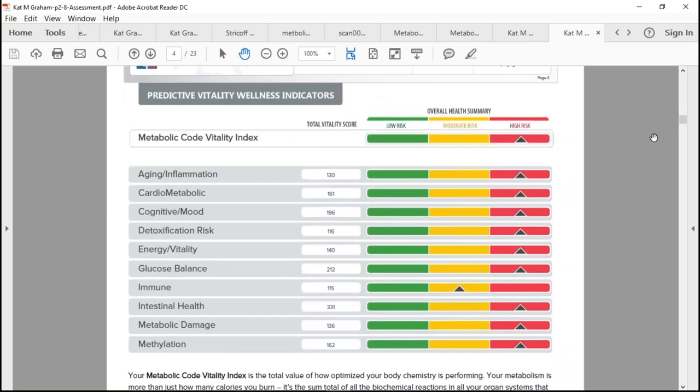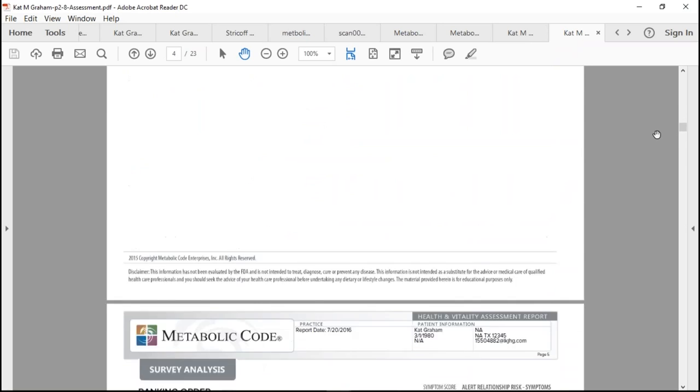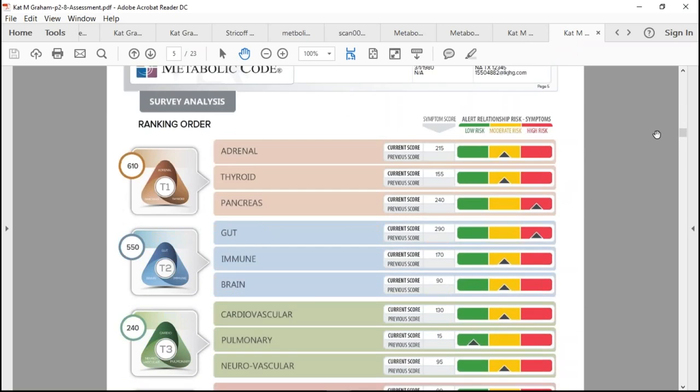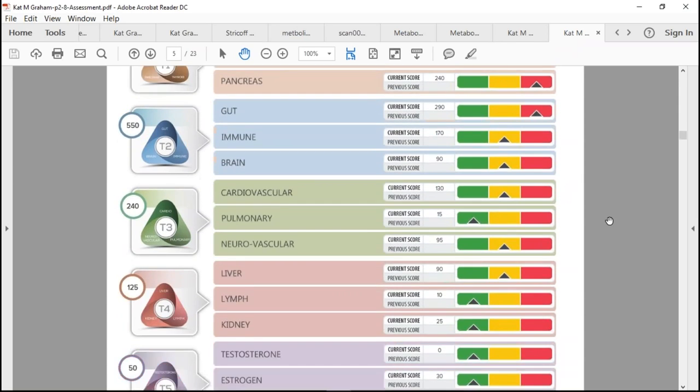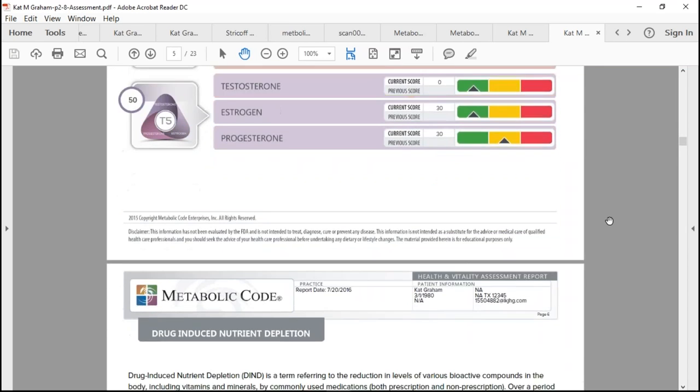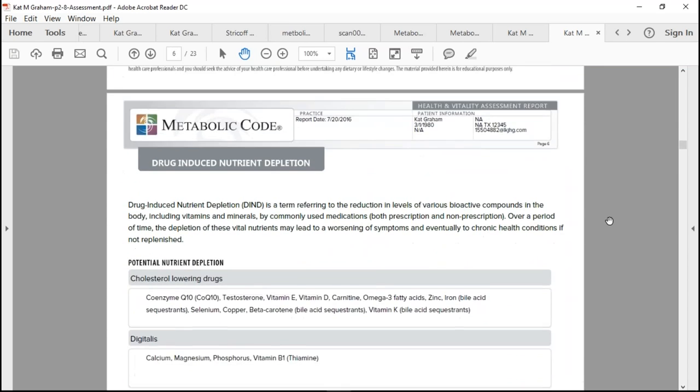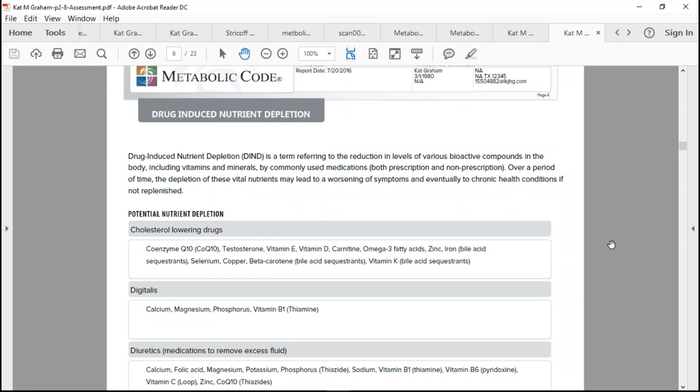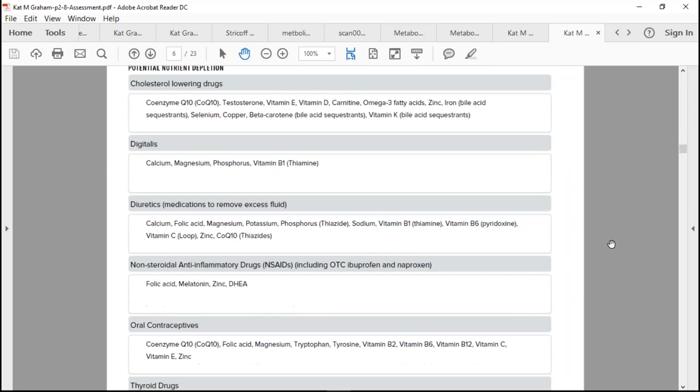So all this is going to look familiar, the vitality index and the ranking order of the metabolic triads. We're looking at a questionnaire only report, so we're seeing just the analysis of the questions themselves. We're not looking at a lab combination report today. Of course, the potential drug-induced nutrient depletions are still there,